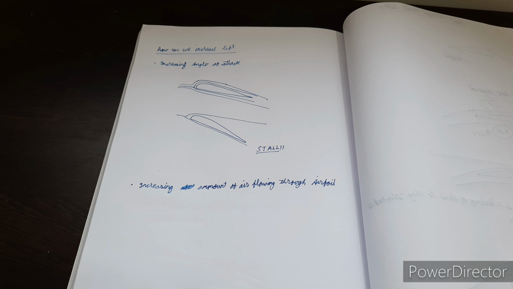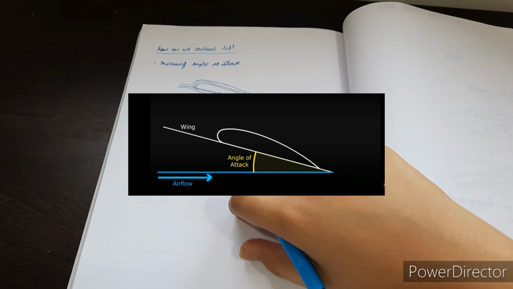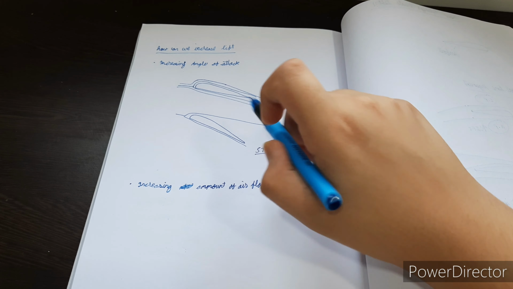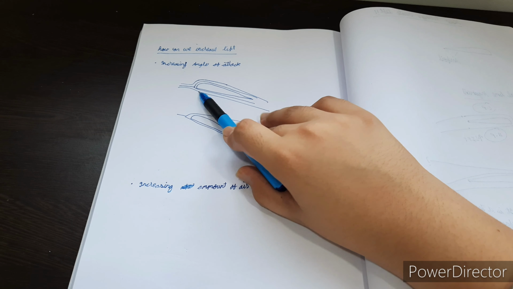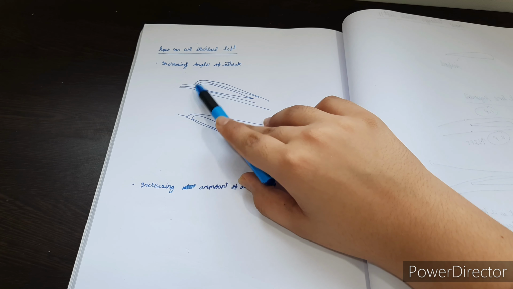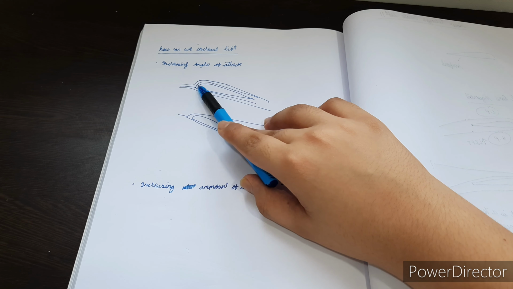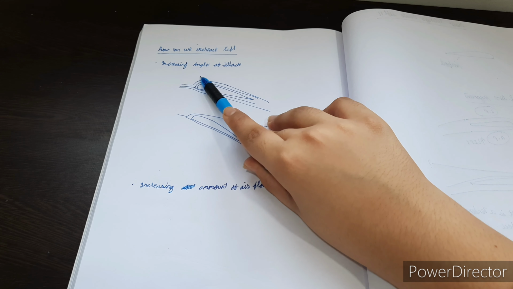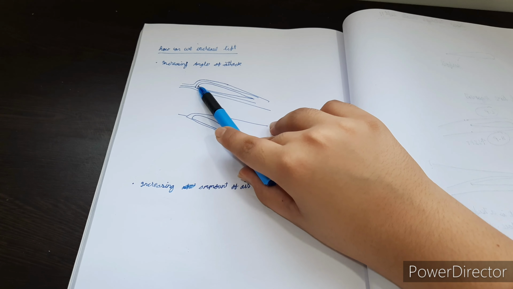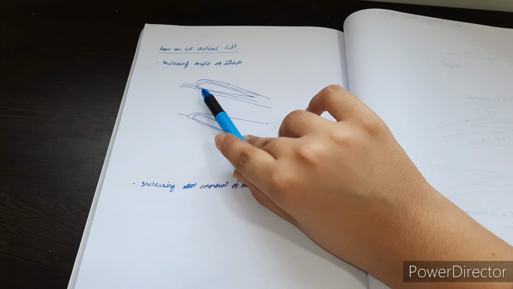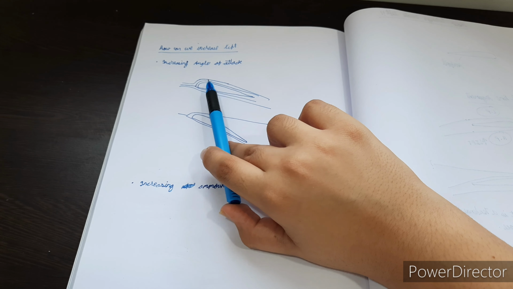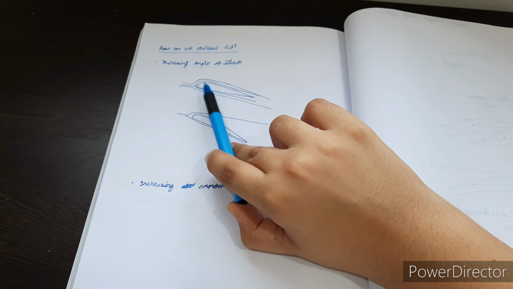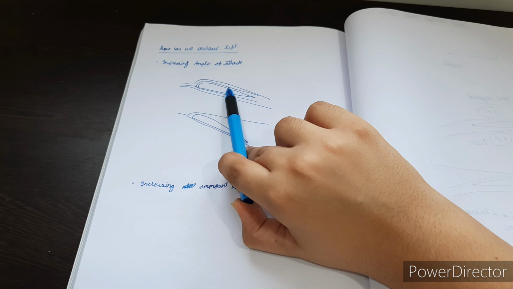There are two ways to increase lift. One is by increasing the angle of attack. So when we increase the angle of attack, the air, when it hits the airfoil, it slows down further because of the increased angle, and thus creates a region of larger high pressure due to the slower speed when compared to a wing without the angle of attack.